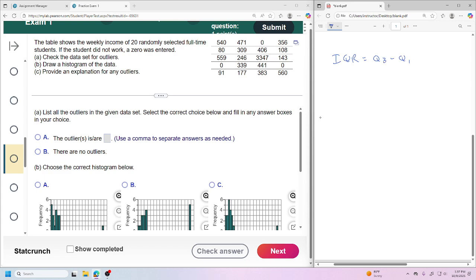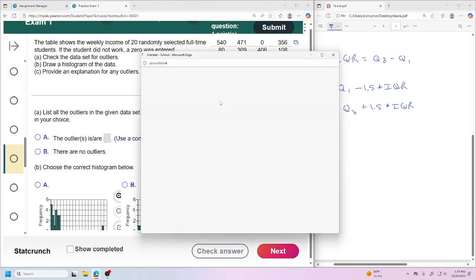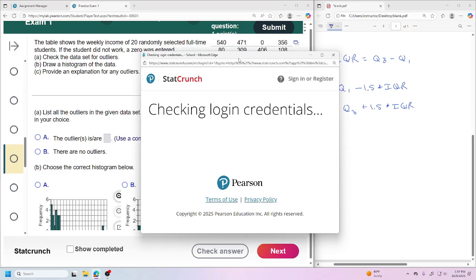I think StatCrunch will just do that one for you. Either way, we also have the outlier stuff. What we're going to do is Q1 minus 1.5 times IQR, and then Q3 plus 1.5 times the IQR. I vaguely remember that StatCrunch will do something like that for you, but I can't remember where. If it's on the test and I'm prepared for it, great. But if I can't remember, I'm not going to sit there wasting my time on it, right? So let's just do whatever I remember right now.